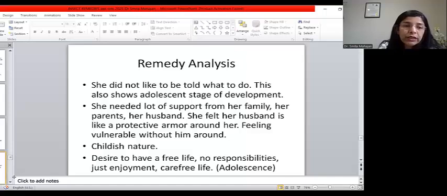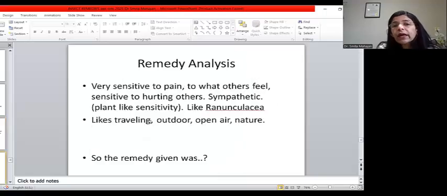So you have to judge this according to what you are getting from the patient. And she was very sensitive to pain, to what others feel, oversensitive, right? She did not like hurting others. She was very sympathetic. So here we see the plant-like sensitivity, just like Ranunculus. She also liked traveling outdoors and open nature. Okay. So the remedy given was,